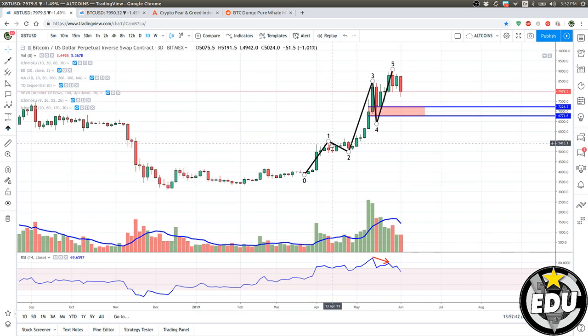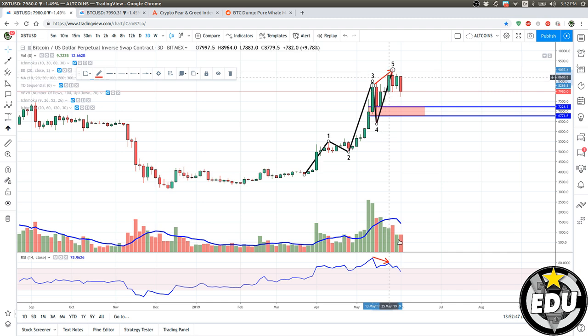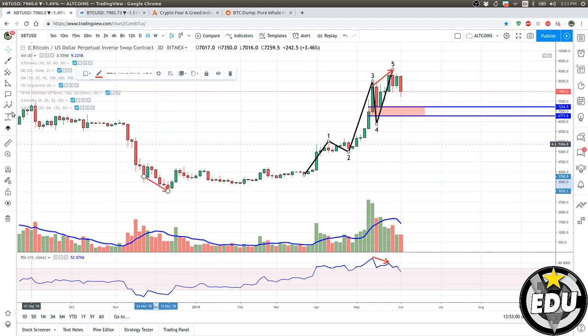Okay, so if that's the case, we have a bearish divergence, so price is making a higher high, the oscillator is making a lower high, and it might drop, might change direction. Same thing that happened here. Here we have a bullish divergence, oscillator making a higher low, and price making a lower low. Sorry, I'm getting confused. So those are the lows, okay? So higher lows and lower lows. Here we go.